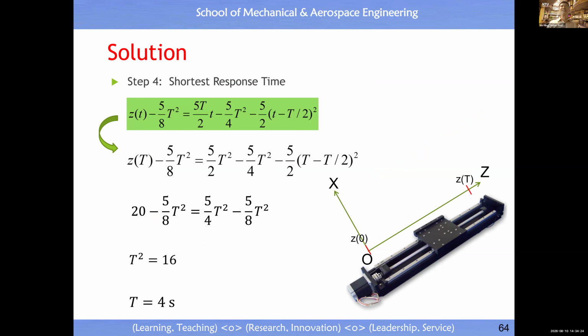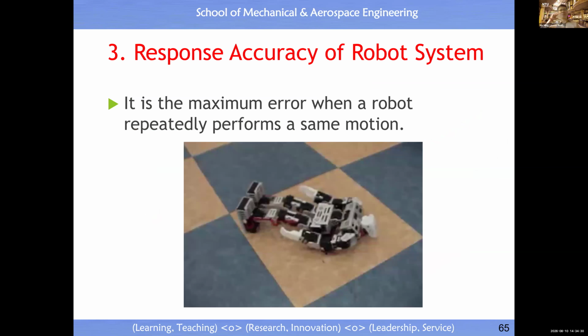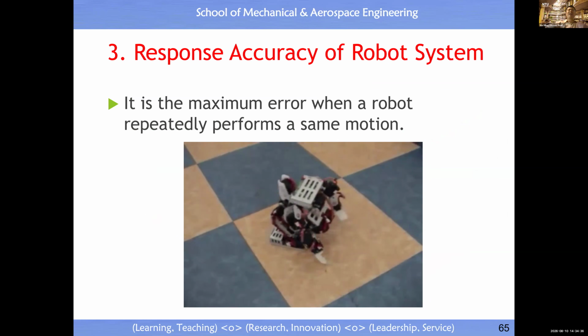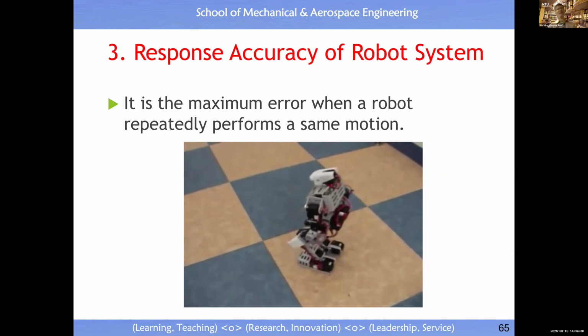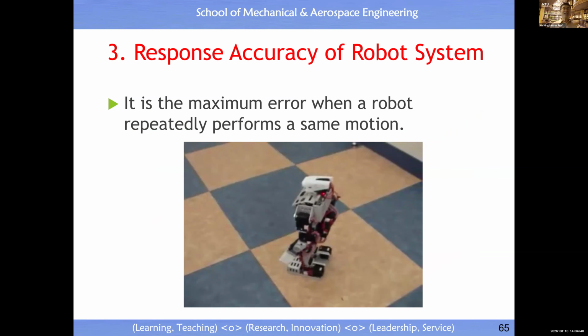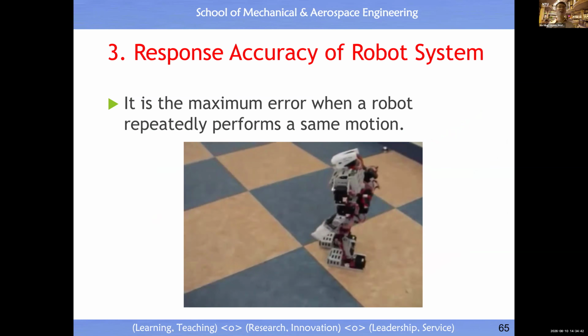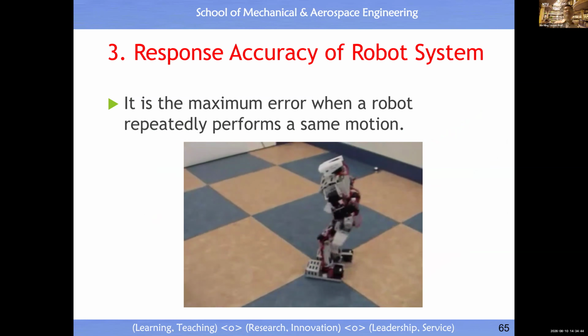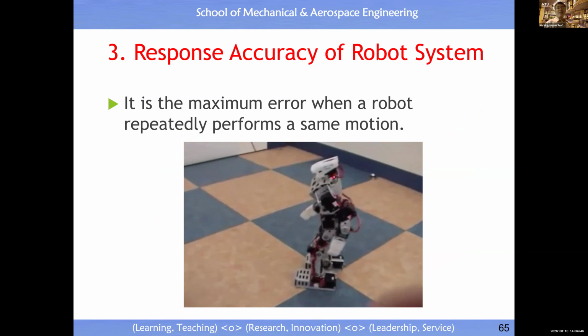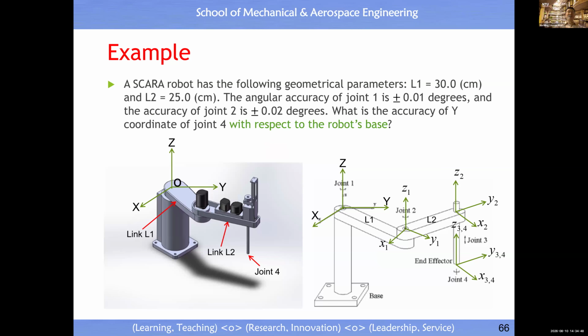Then the response time is 4 seconds. You see, it's not 0 seconds. Okay, clear. That is about the response time. How about response accuracy? You see this toy humanoid robot, right? The motion is very, very shaky. You can start asking yourself, how come the motion is a little bit shaky? Later on you will see, when we talk about the design of a mechanical system,